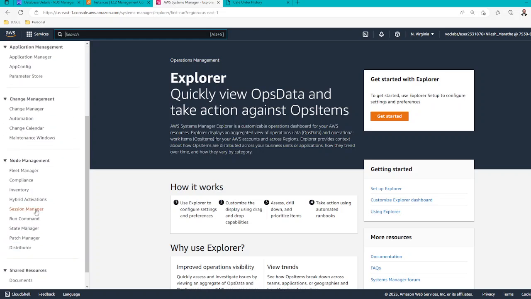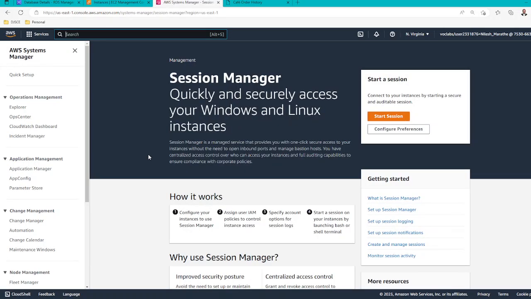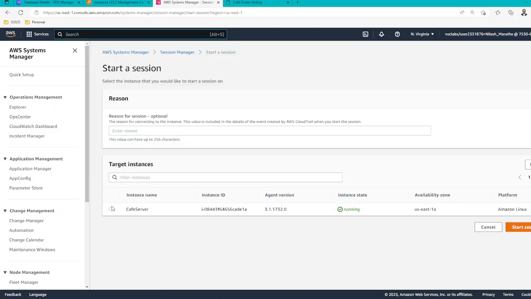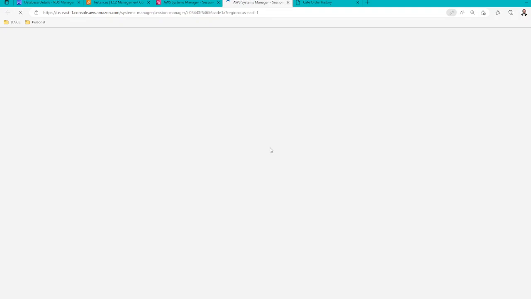Let me check the Session Manager. Then let's allow it to open. We'll try to start a session for the cafe server. So for this running instance of the EC2, we'll start a session here,